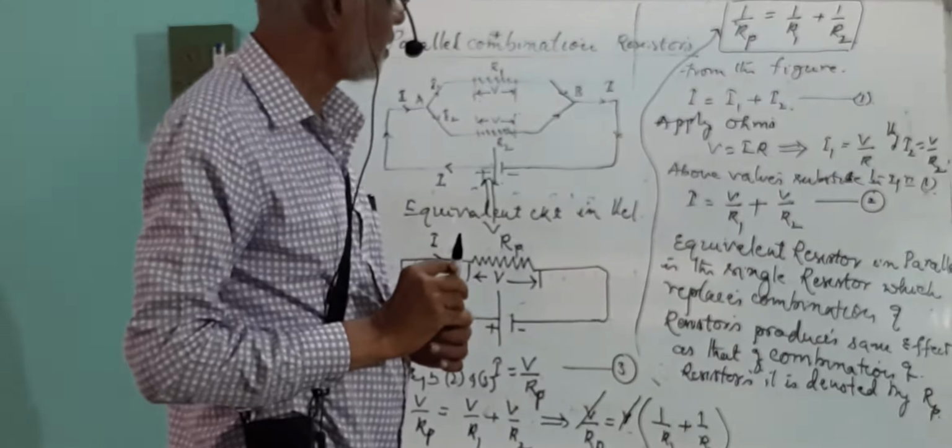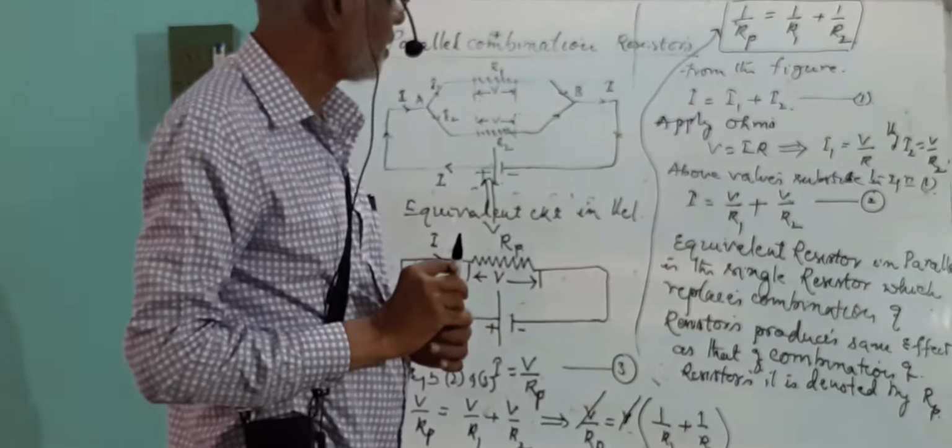You see that in the equivalent circuit diagram, you have removed the two resistors. Instead of two resistors, you have considered a single resistor, designated as Rp. Now the main current is flowing. As a result, a PD is going to form. So once again, for this circuit, you have to apply Ohm's law. On applying Ohm's law, you get an expression for current: I is equal to V upon Rp. You can call this equation 3.